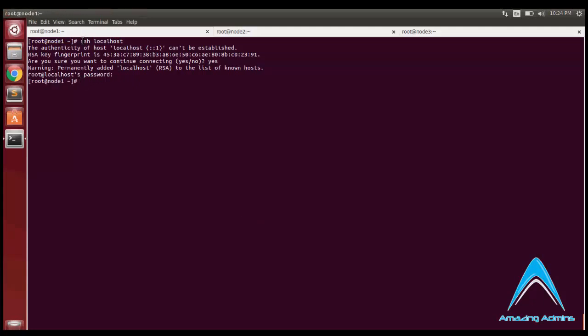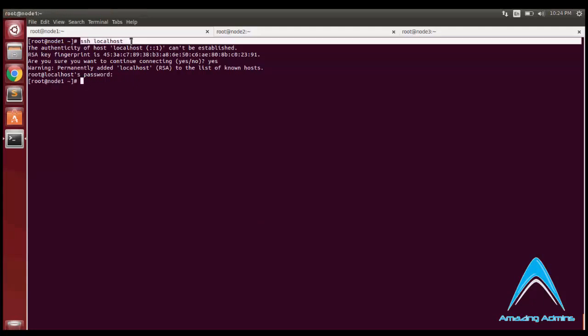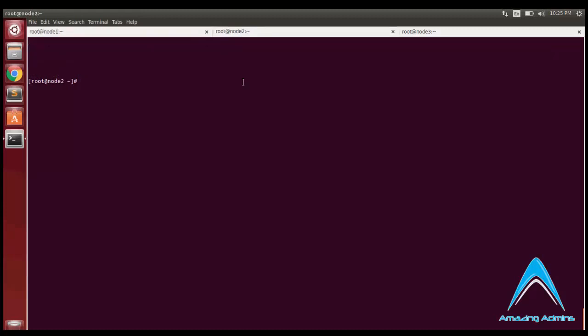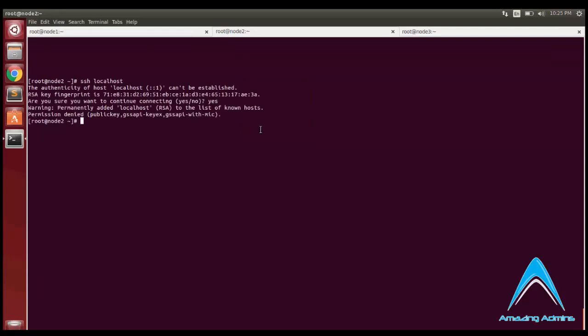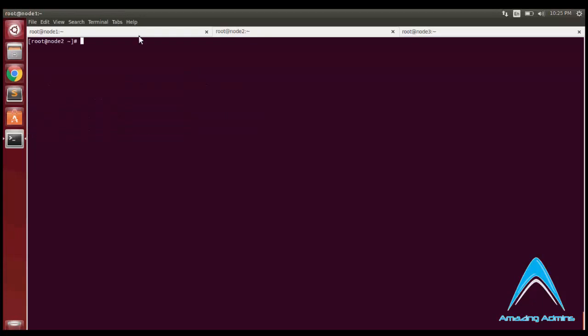To show you how the SSH responds before we have enabled password login, I'll copy the same command, ssh localhost, and perform that on another node too, where I have not modified any configuration. As you see here, the permission denied has come. It means that the password login of SSH has not been enabled. As for now, I have enabled password login on all the three nodes, that is on node 2 and node 3, by performing the similar commands which I have done on node 1.